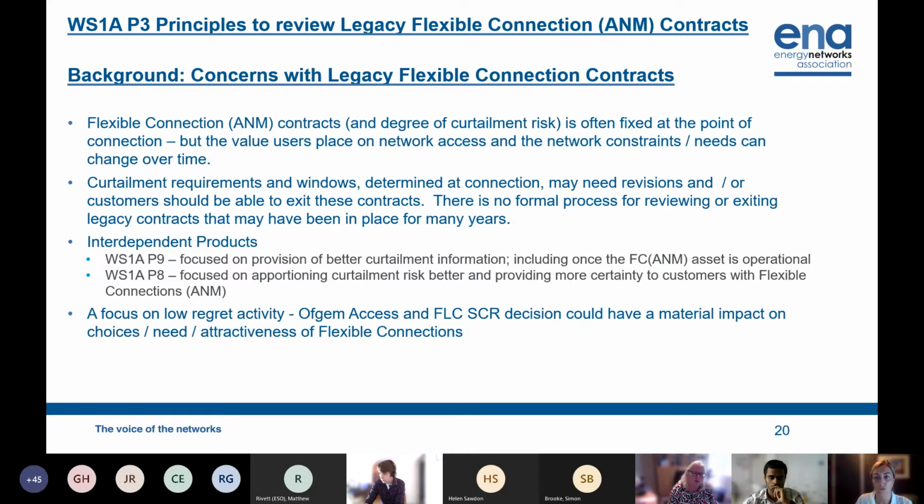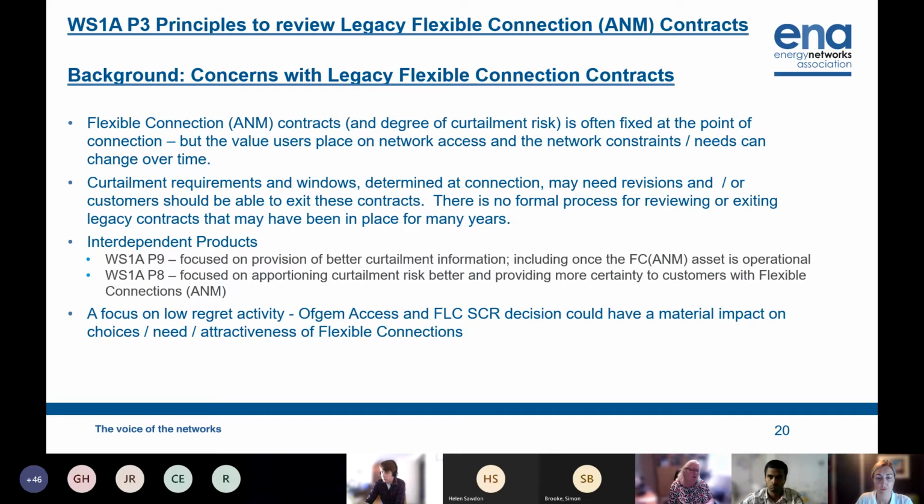And at the time, there was quite a lot of customer feedback that there was no formal process for doing this, and concern that there was no option for reviewing what was set potentially a few years ago. And if in the future their business cases changed, there was no way of getting out of these contracts, that they were there forever. So that's what the issue was, and that's what this product set out to look at. And so if people want to exit these contracts, how would you go about reviewing them?